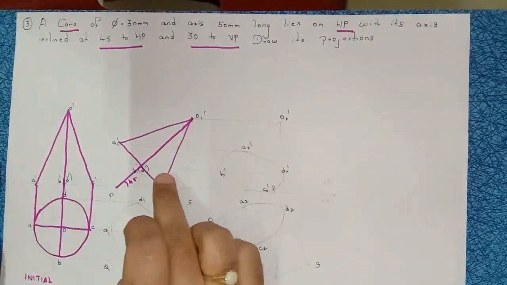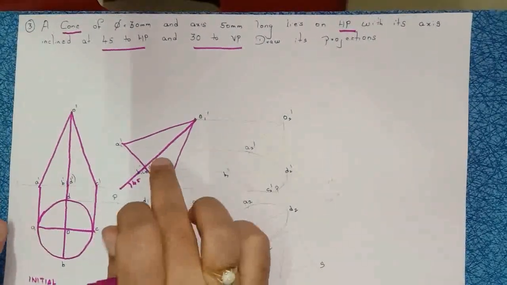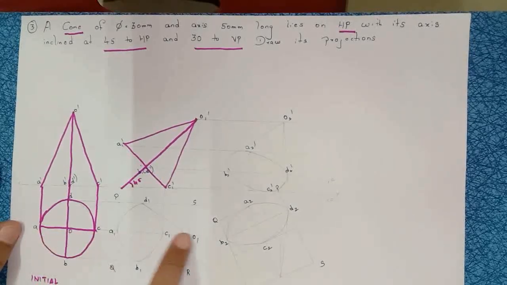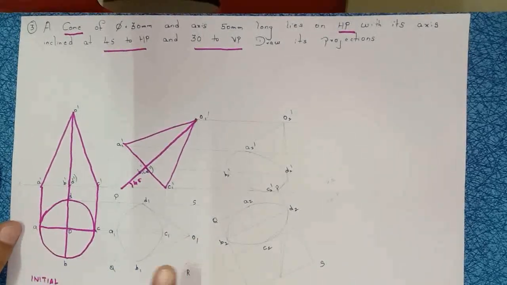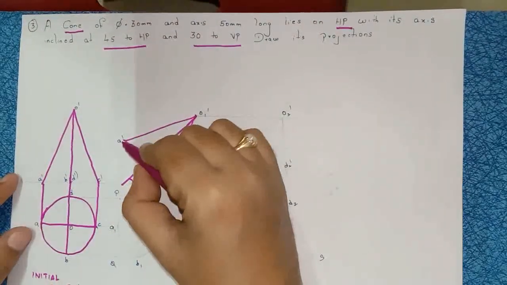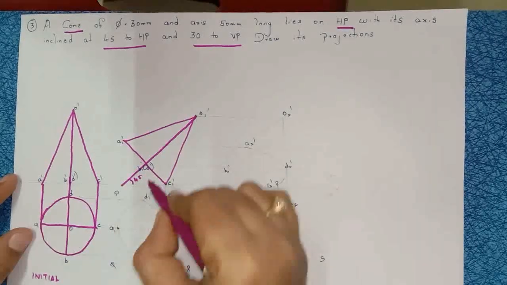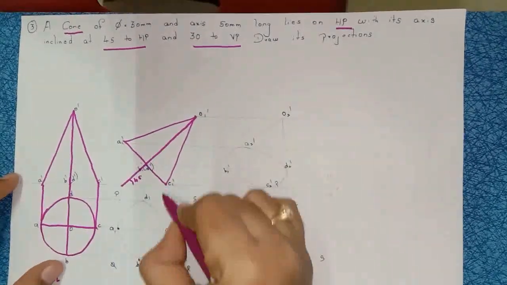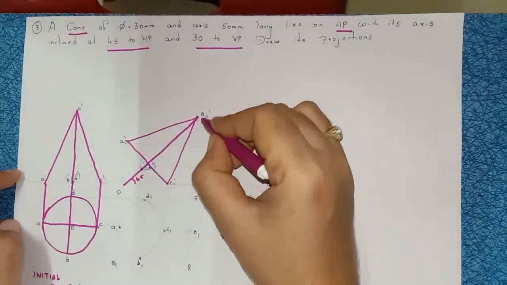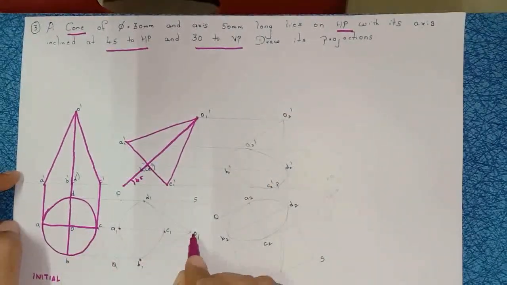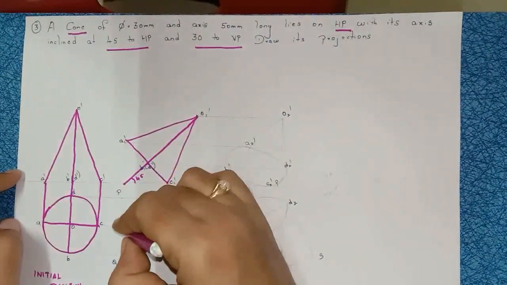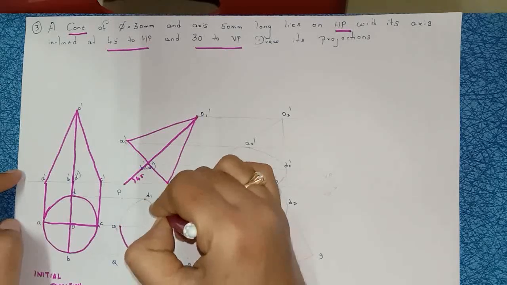Same pyramid we are drawing here with an angle of 45 degrees. After drawing this, what is the next step? From D, draw the straight line. From AC, draw the straight line. From B, draw the straight line. Anyway, AC point is the O point. Right? So after that, draw the projectional lines from A to A, from B to B, from C to C, from D to D. Right? This is the O point from O to O. Projectional lines should be straight. Right? Join this A1, B1, C1, D1.